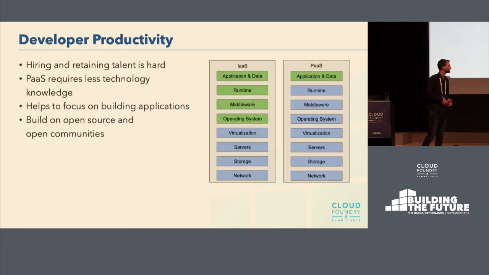So let's have a look at developer productivity as such. I think you all know the comparison, IaaS, PaaS, and so on. Overall, hiring and retaining talent is really hard when you are on an IaaS level and you have to deal with a lot of different technologies. You have a big stack you need to take care about, from operations to setting it up, keeping it alive, bug fixing, and patching. So there's a lot to know, and it's really hard to get the right people for the job and also then keep them.